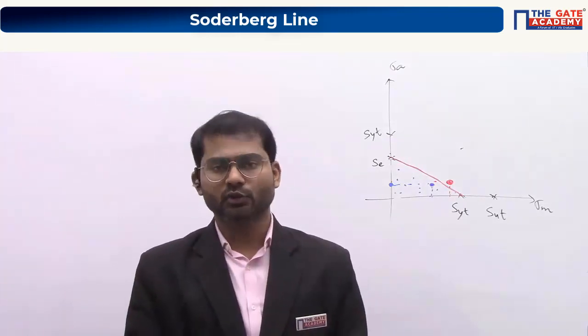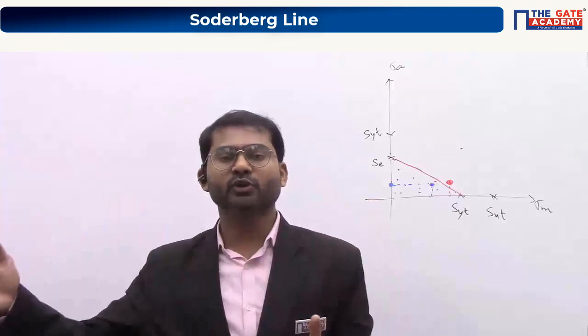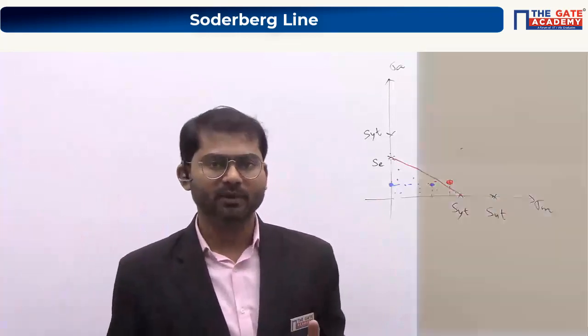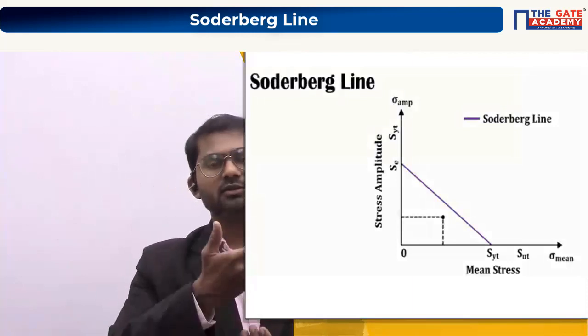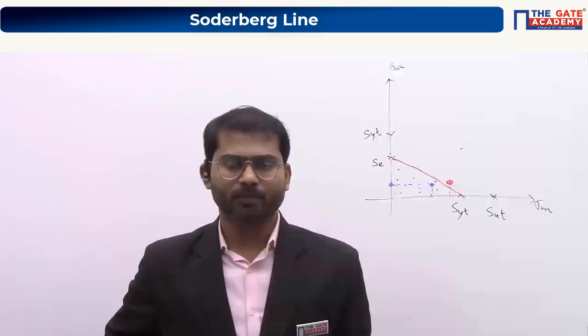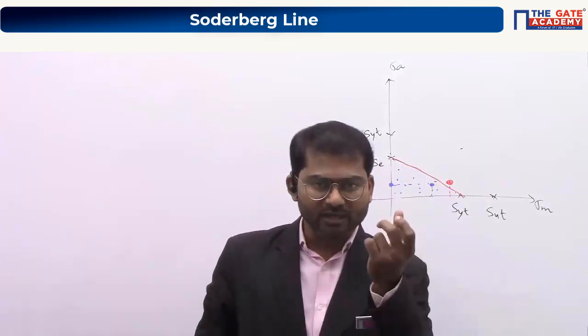For example, take projectile motion. If it has an initial velocity of u and is inclined at an angle of theta, it will have a range of u square sin 2 theta by g, something like that. But that may not be true in a real-life scenario, because wind friction will come. So there will always be a difference between the theoretical or ideal solution and the practical solution. In machine design, we don't think about why the experiment is giving us the result like that, or what is happening in the microstructure. All these things are dealt with in the subject of material science, because it's a very complicated thing.